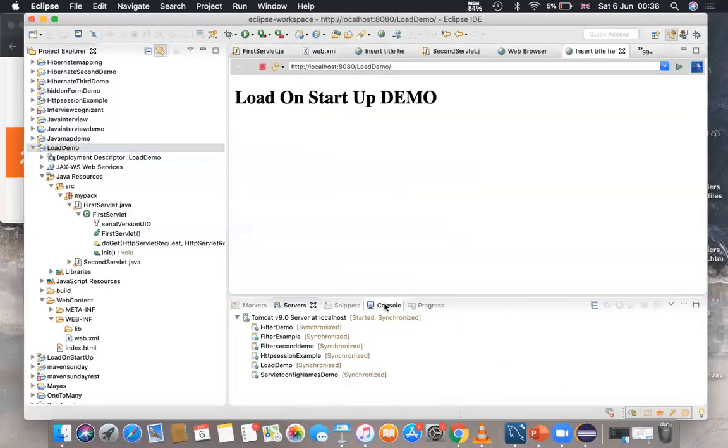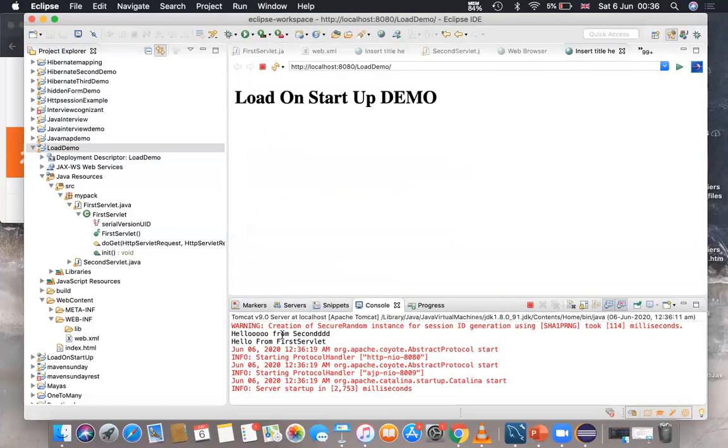Yeah, so if I open the console, you can see "Hello from second" and "Hello from first" servlet, even though the requests are not made to the first or second servlet, because we provided the load-on-startup tag, and in that I had given a value 0 for the second and a value 1 for the first. So this will be loaded in the ascending order. Second got loaded first and first got loaded second.